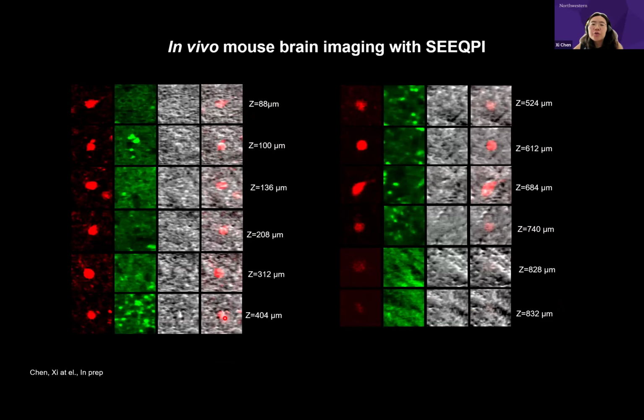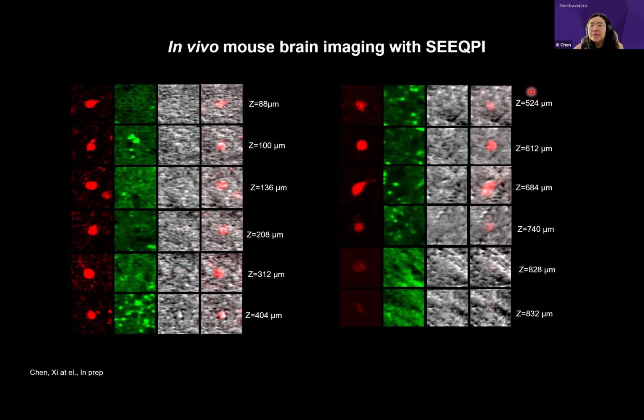So when we zoom into those images that you just saw, we can look at the morphology of a single neuron. So this is the nucleus again. This is the THG channel. As I mentioned before, in the THG channel, you do not see a very clear boundary of cells. So those are not very good for looking at the individual cells. However, in the CQPI channel, you can actually see the boundary of this soma. And you can also kind of see the nucleus inside of this soma.